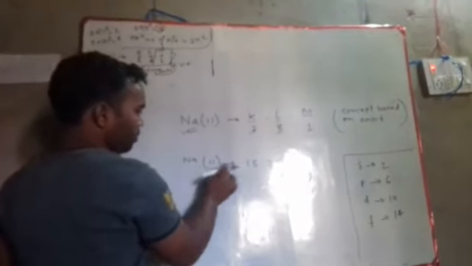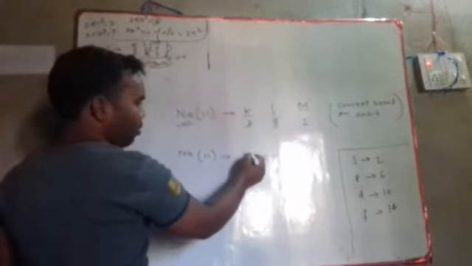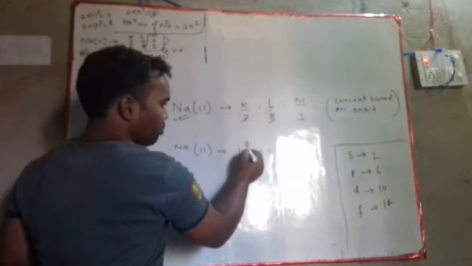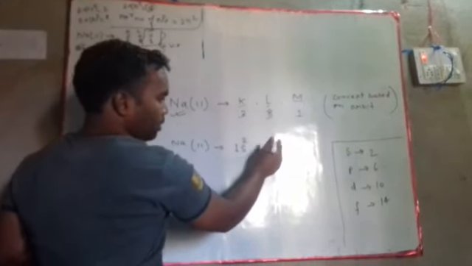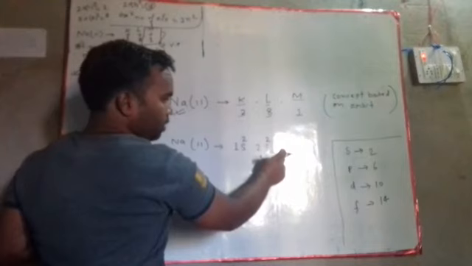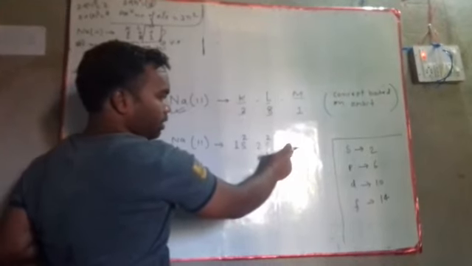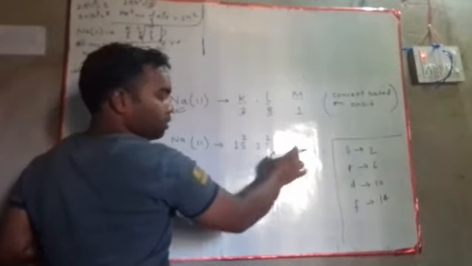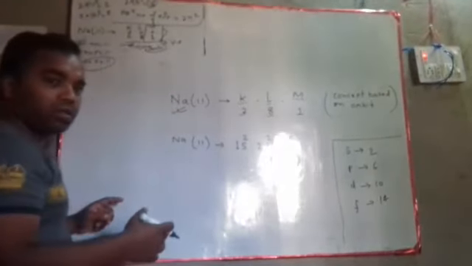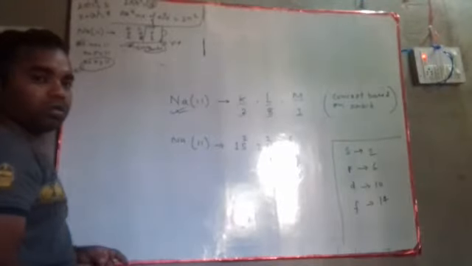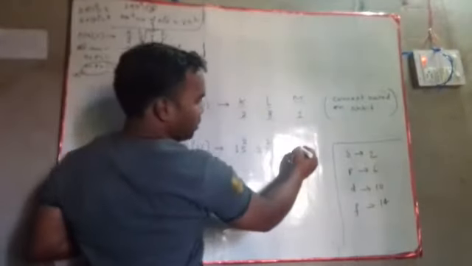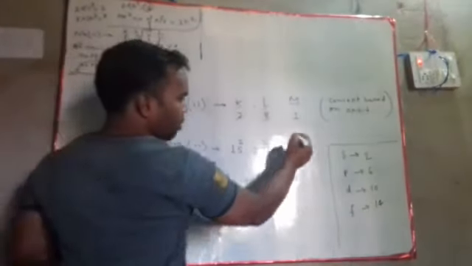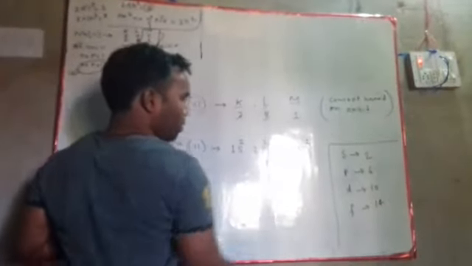So sodium, this is the first orbit. How many electrons will be here? S orbital, so 1s2. Second orbit, s orbital, 2. Second orbit, and the orbital name is p. So how many electrons will you have? 6 electrons. Now it gets filled up. Now we will go to the next energy level, and the next energy level is 3s. How many electrons do we have now? 1 electron.